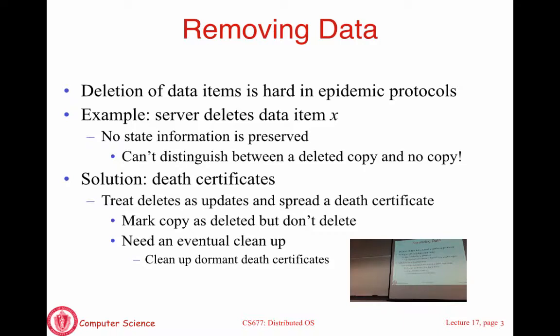Now, if A and B talk to one another and do a pairwise exchange, and A asks B, or B asks A, what data items do you have? Can you tell me what they are? You may see that unless you are careful, this data item X that was deleted may regenerate, because there is no way to distinguish between a deleted copy and no copy. Once you delete a file, you no longer have any trace of it.